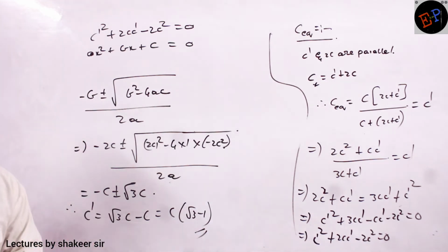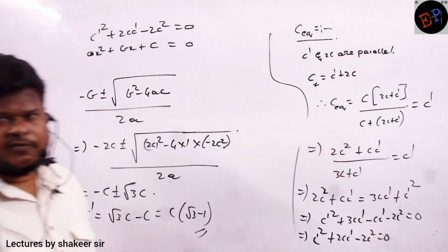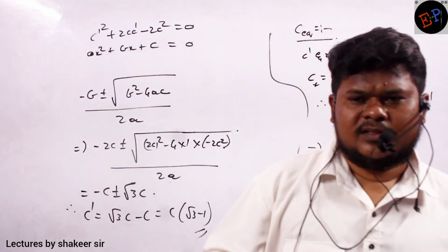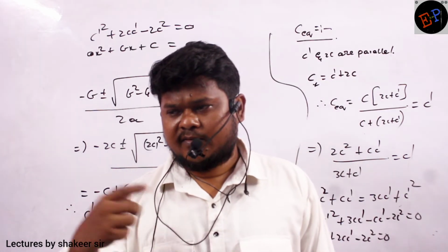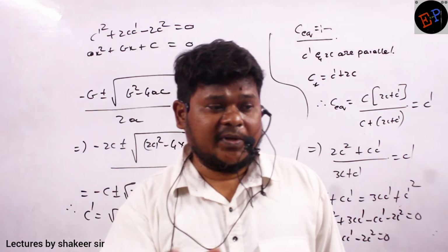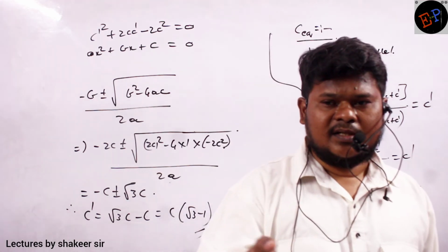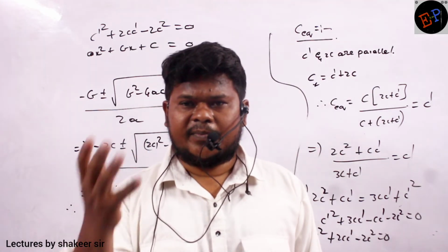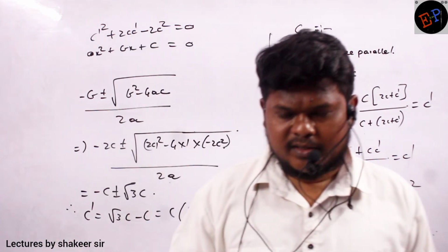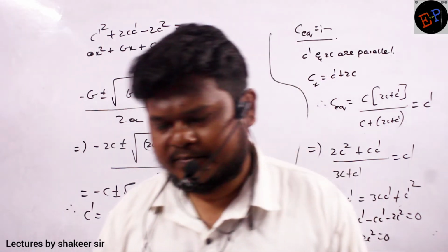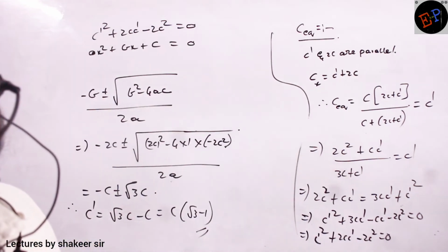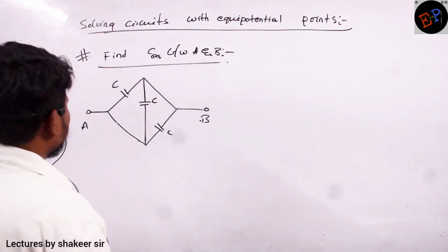So this is the equivalent capacitance of this circuit. Have you understood how we have solved? The concept is very simple. If an infinite series of capacitors is given, then you add one branch or remove one branch. Adding is better. Then which branch do you have to add? The branch which is repeating. And again, capacitance does not change. So just solve by quadratic expression. In some of the problems, you will not get a quadratic expression also; directly you can get the answer. Okay? That's it.